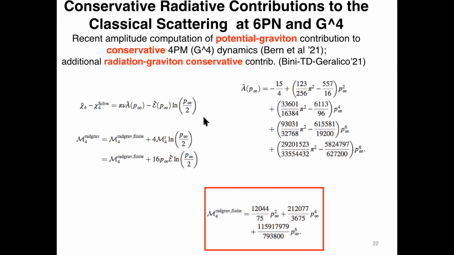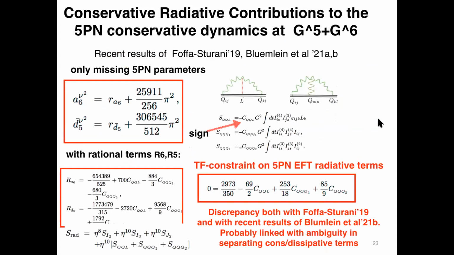So we use the scattering angle and this result to compute an explicit contribution that goes up to the 6PN level now. But this was for the G4 level and the 6PN level. Now, at the next post-Minkowskian levels, G5 and G6, but staying at the 5PN level, now there is frontier